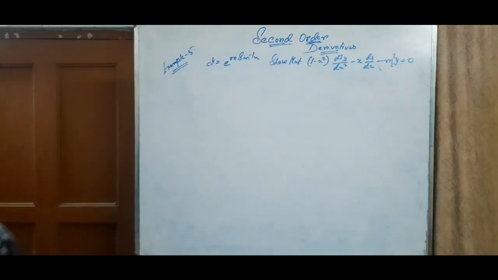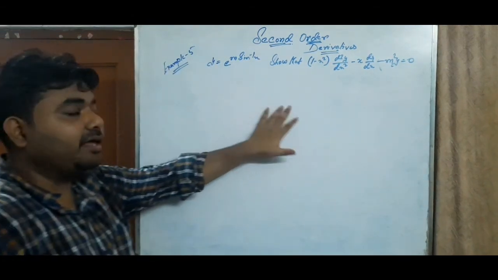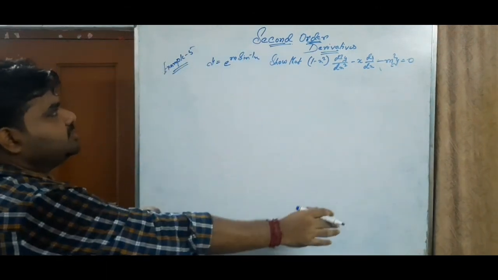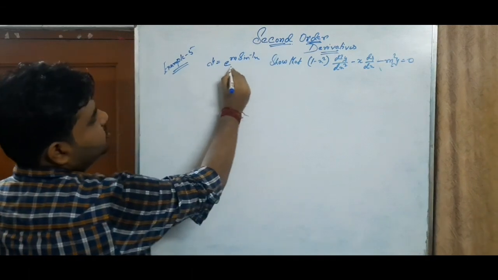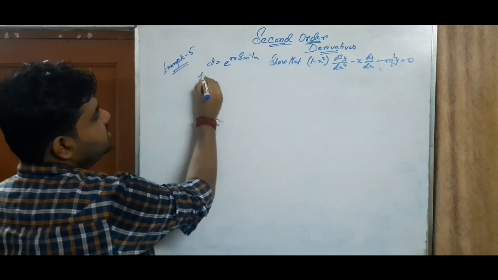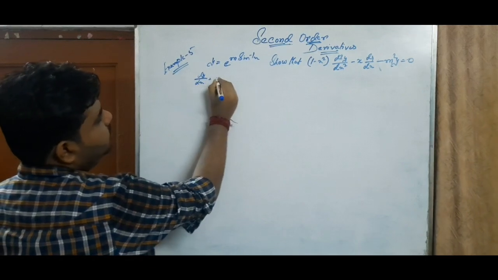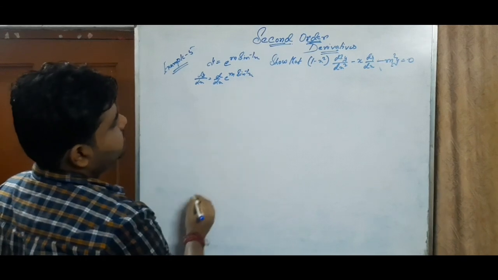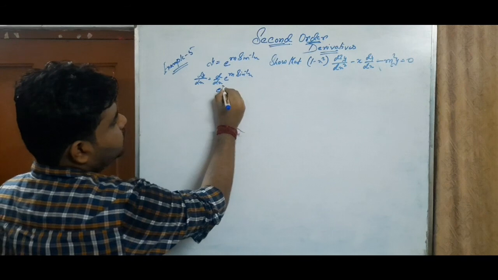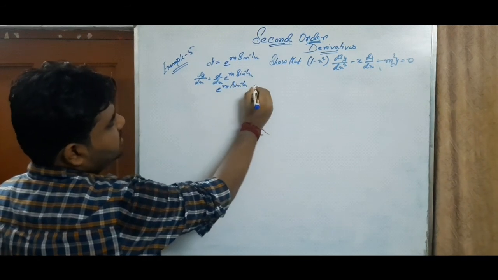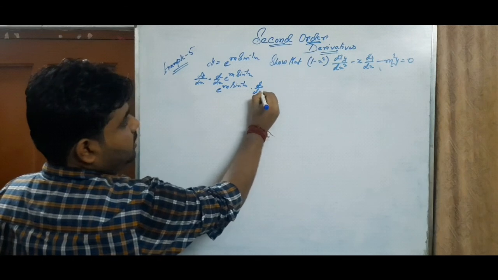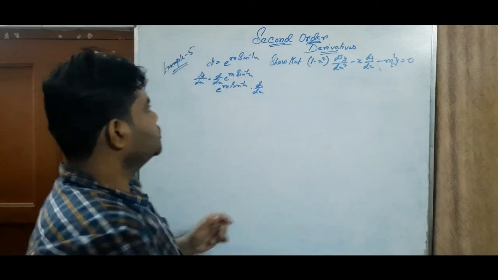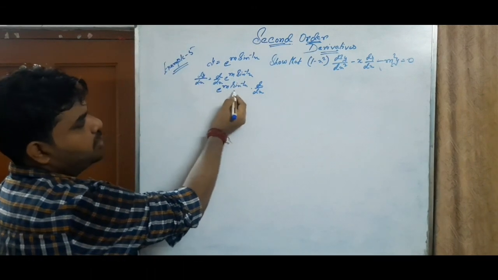Same method we are applying, the second method, that is the method we have used in the just previous example. Now y equals e to the power m sine inverse x, that is dy/dx equals d/dx of e to the power m sine inverse of x. Now this is e to the power m sine inverse of x into chain rule. We know d/dx of e to the power x is e to the power x, so e to the power m sine inverse x.